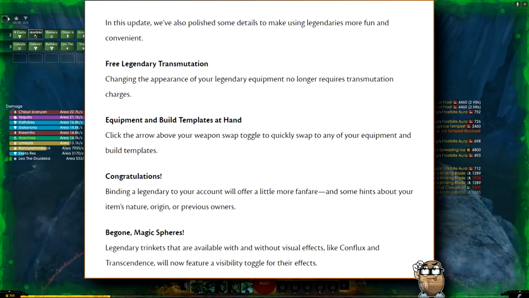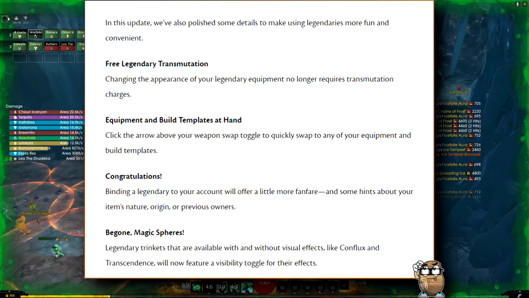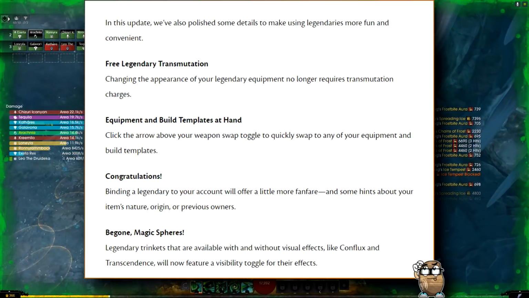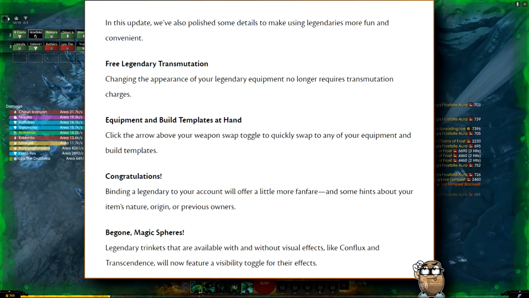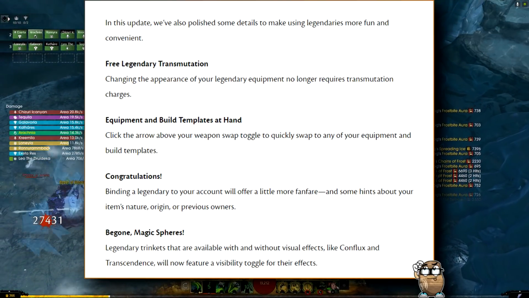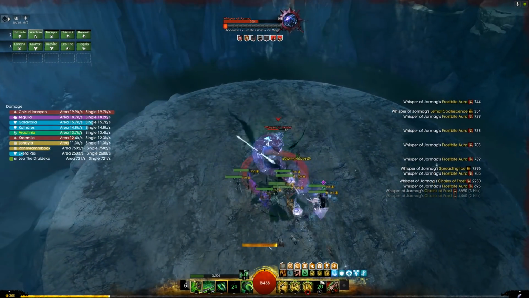They also say, congratulations, binding a legendary to your account offers a little more fanfare and some hints about the item's nature, origin, previous owners. That's what we read a second ago. And lastly, they say, begone magic spheres. Legendary trinkets that are available with and without effects, like Conflux and Transcendence, will now feature a visibility toggle for